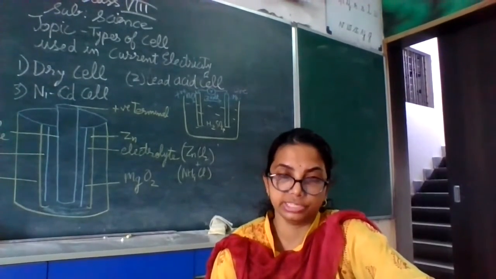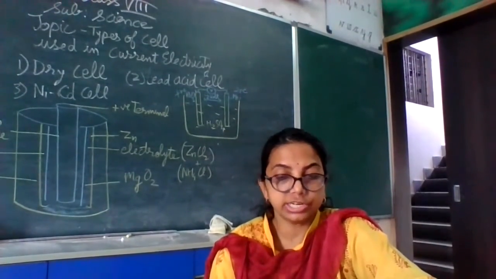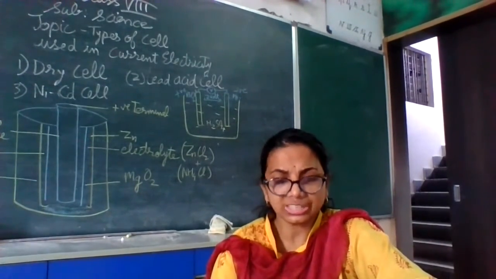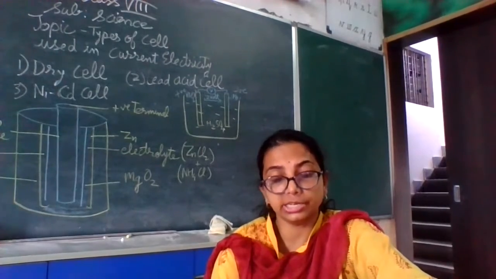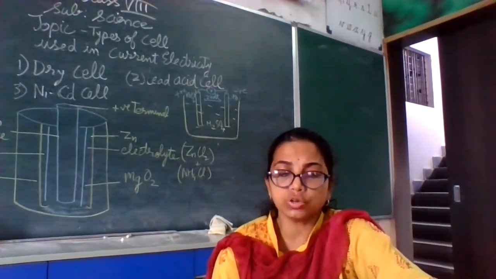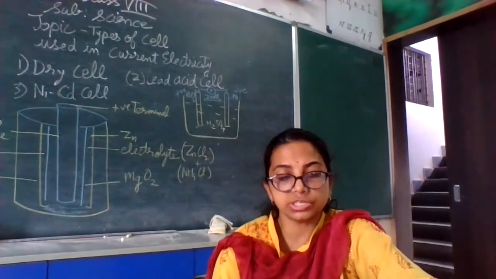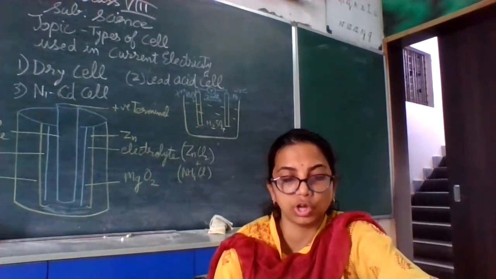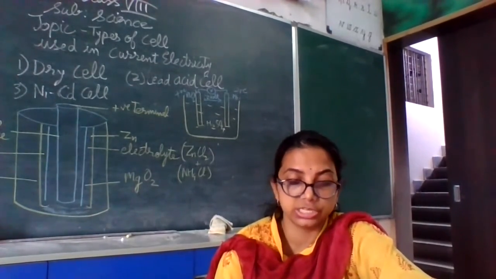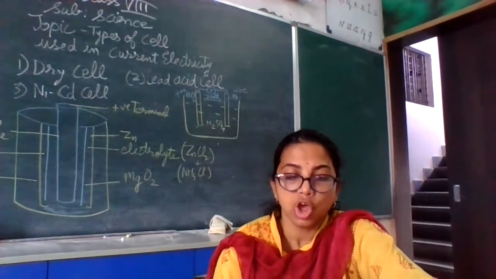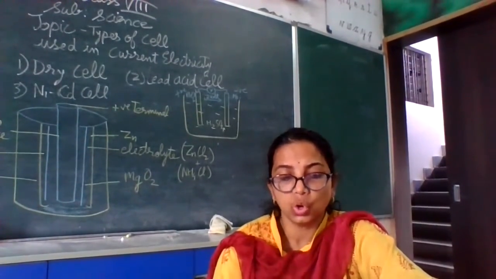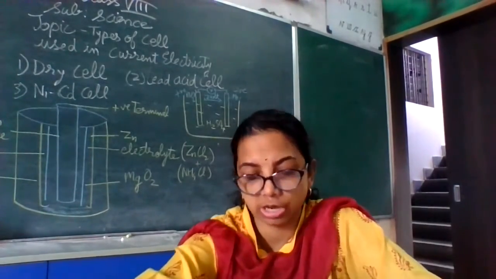However, the electric supply there is made from outside, instead of electric cells. Lithium-ion cells are also used in modern times. In equipment, for example smartphones and laptops, we are using lithium-ion cells. These cells can be recharged. More electrical energy can be stored in these cells as compared to the nickel cadmium cell also.